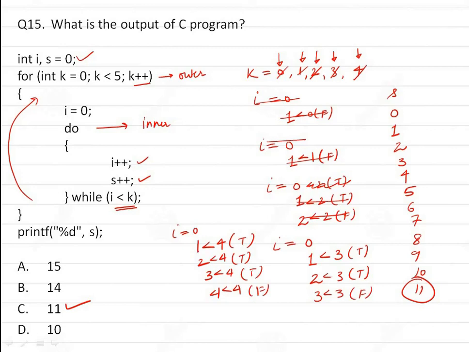I hope all the questions are clear to you. If you still have any doubt, I'll suggest you to discuss among yourselves. You can try this code directly on the compiler to check the output also. And the best way to learn the outputs or the execution of any C program is to manually try to run the code and check what the loop variables are and how the code is running. In that manner you will be able to understand the code more properly.